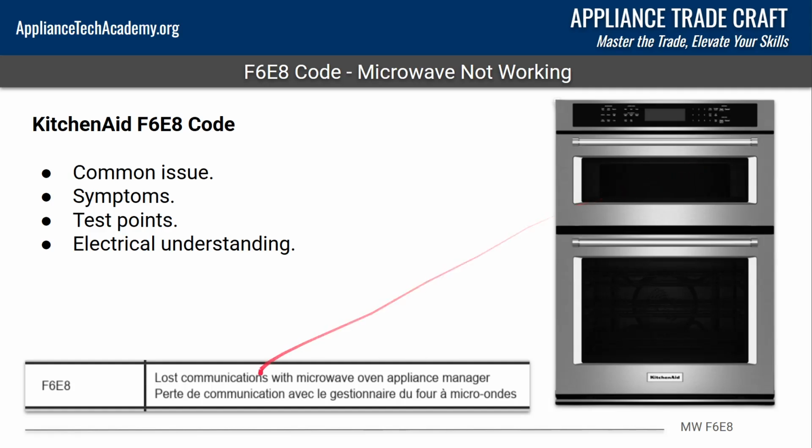Alright, so F6E8 code is lost communications with the microwave oven appliance manager. And basically, when you have the setup kind of like this, you've got the oven down below, microwave up top, user interface here. When you're first approaching these, they can be a little daunting if you're not sure what you're